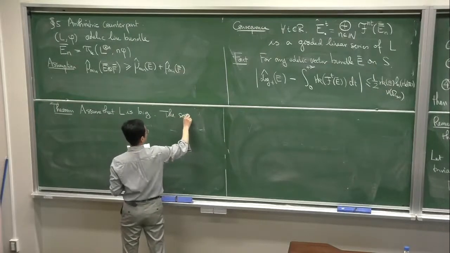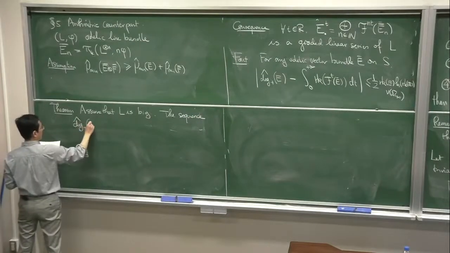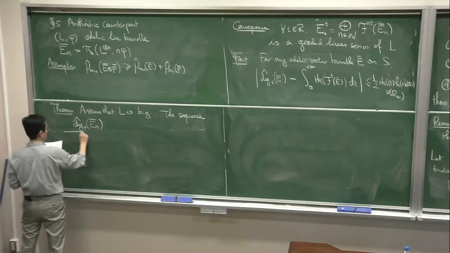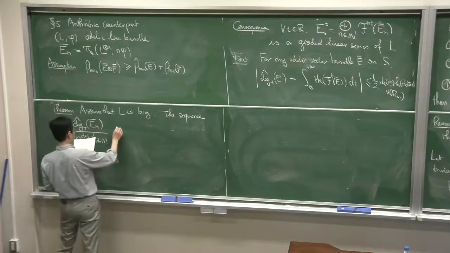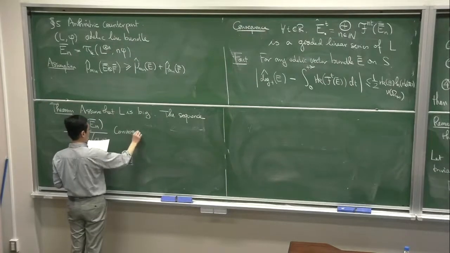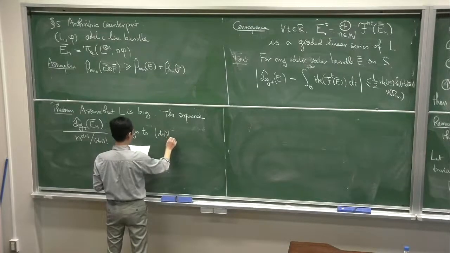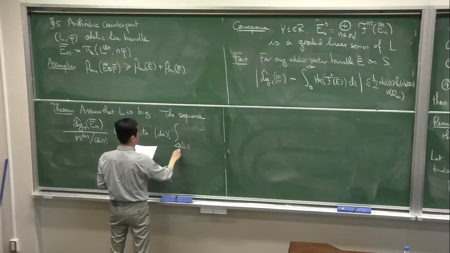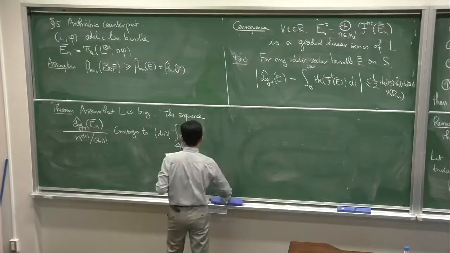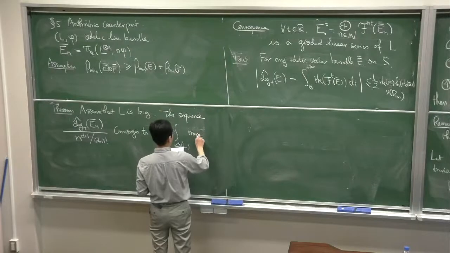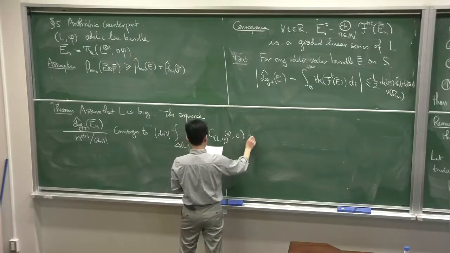Then the sequence degree hat plus of En divided by n to power d plus 1 over d plus 1 factorial converges to d plus 1 factorial, the integral over delta of L. So this is the Newton-Okounkov body of the total graded series, and of some function which can be explicitly described. So max of some g L phi x0 dx,